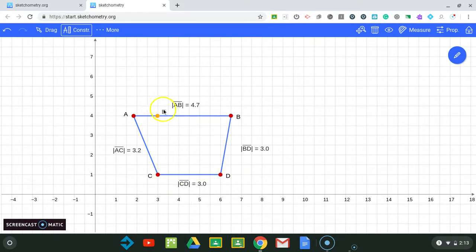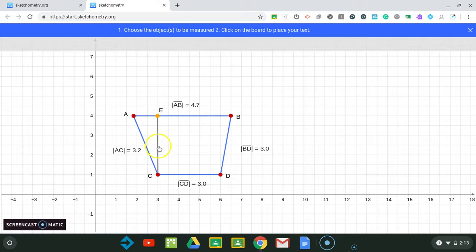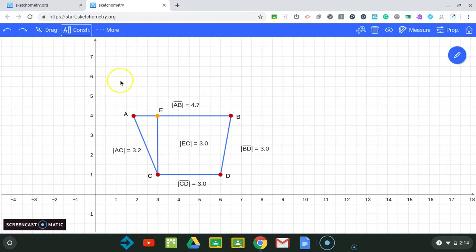So I'm going to draw, and I'm going to measure. Notice that if I click on inside, it worked. But sometimes if you click on inside, it may not work. So let me just, that's about it. This is how you construct a trapezoid